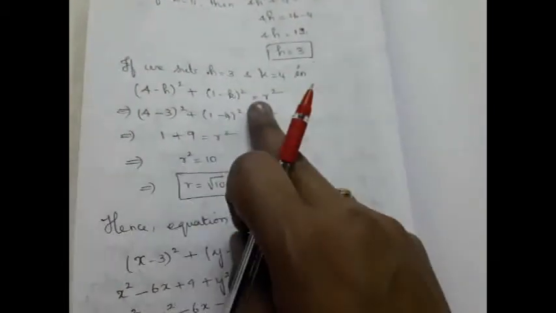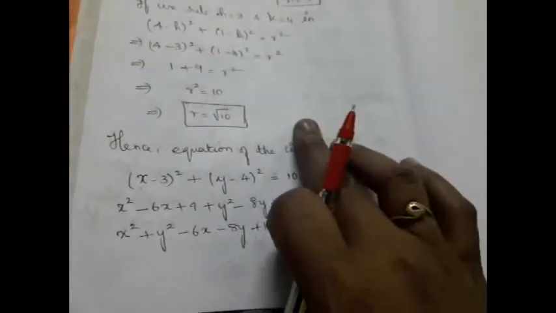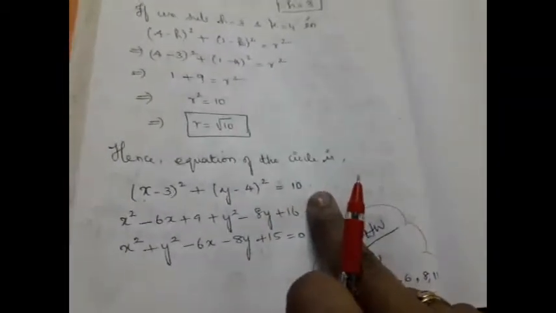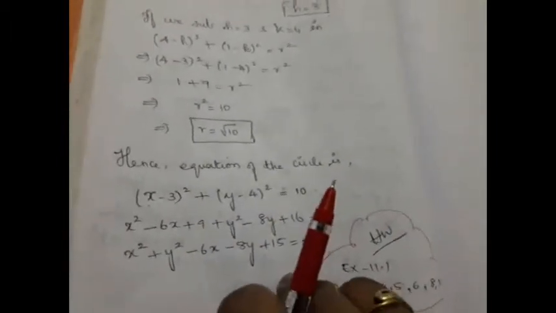So since we got h and k, we can substitute in any one of these two equations to obtain our radius, right? So I'm going to substitute the value of h and k in that equation and we found that r square is 10 or r is equal to root 10. And hence the equation can be given as x minus h the whole square plus y minus k the whole square equals r square. r square value is 10. Alright. If you expand using a minus b the whole square and if you simplify, you can give the equation of the circle.